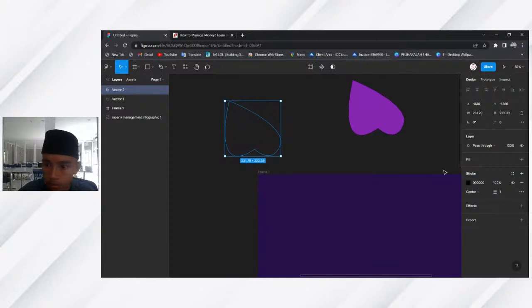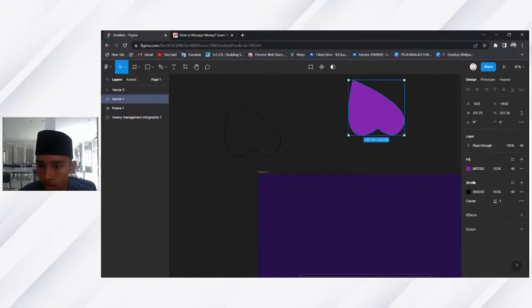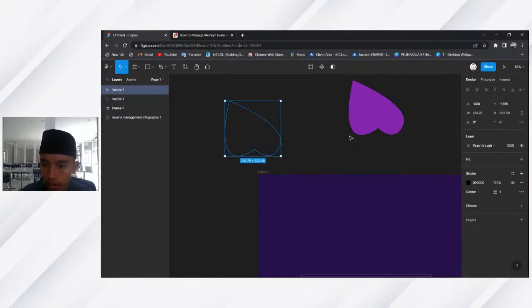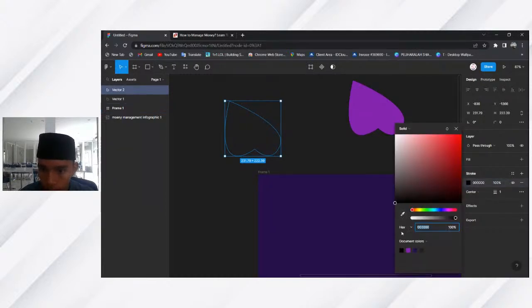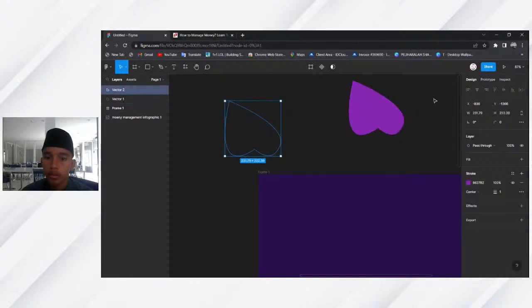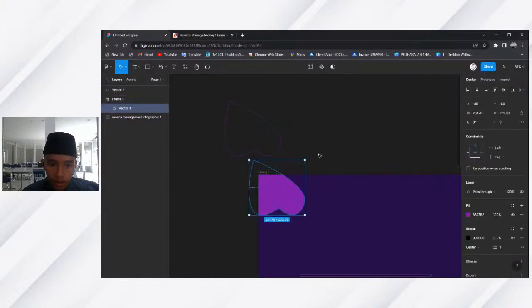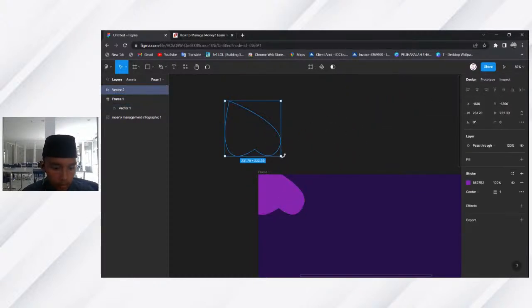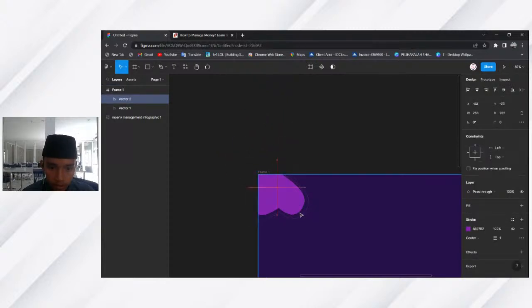As you guys can see, here is only the stroke, and we are going to recolor this to the same color. So just click on the one with the stroke, and then click this one, and then press on the purple color in the documentation colors. That's all. Now you can put this inside here, and for the stroke one, make it a little bit bigger and put it in here.